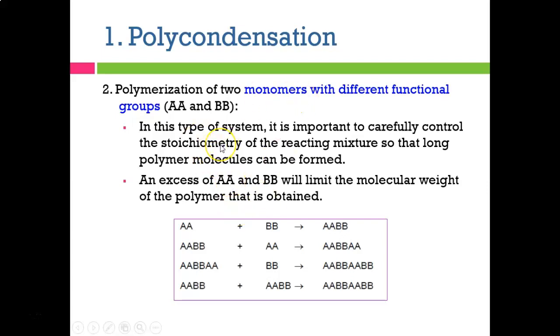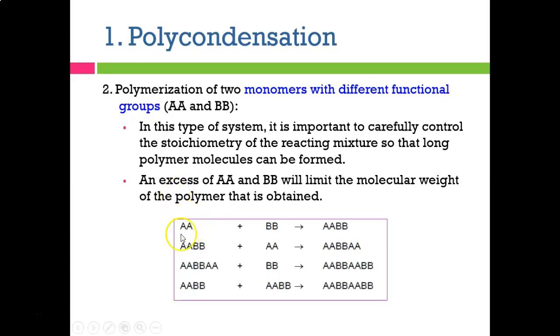So stoichiometry means how much of the number of monomer AA and monomer BB to be incorporated in the reaction to produce high conversion. So what is conversion? Conversion is how the functional groups react, which berlaku saling pertukaran. How we can produce AB polymer. Okay, an excess of AA and BB will limit the molecular weight of the polymer that is